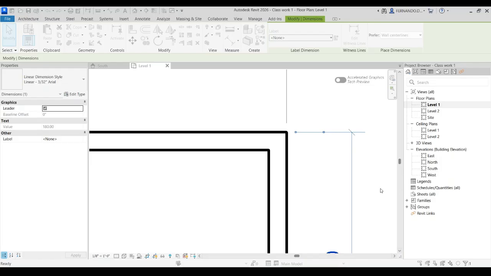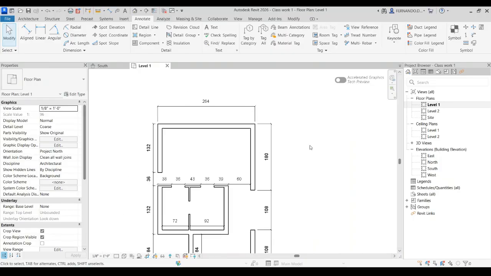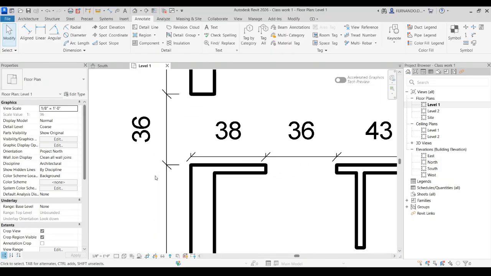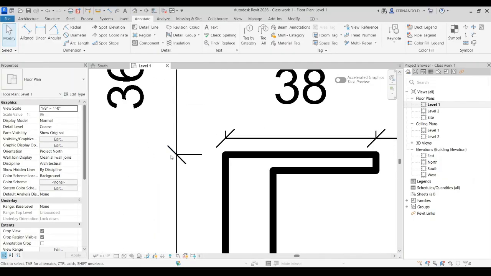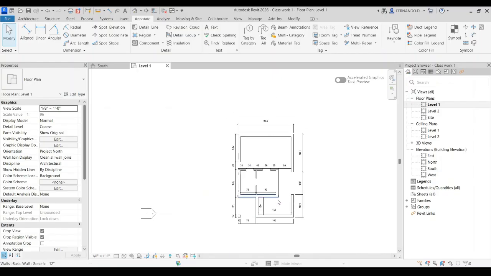Okay, so witness line extension, so that's the witness line. So we type 0, we apply, and we don't extend that. I tend to think that the fewer things we have, the better. So the clearer